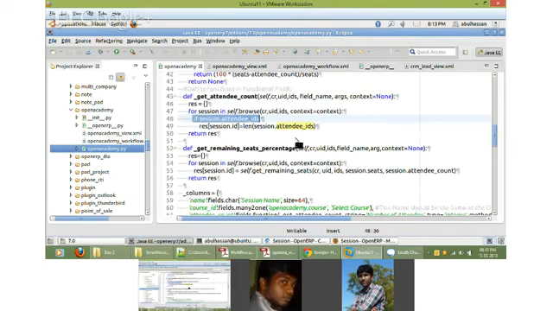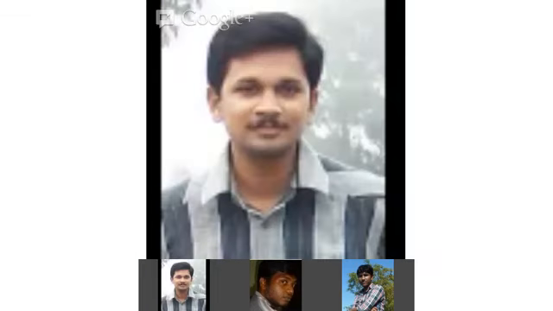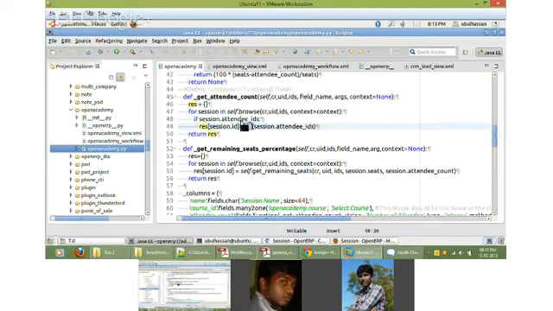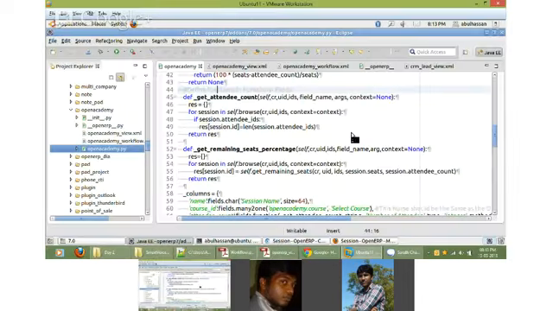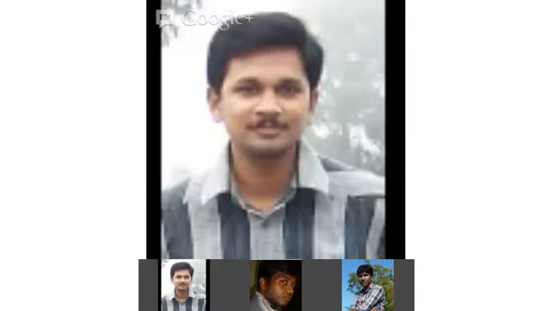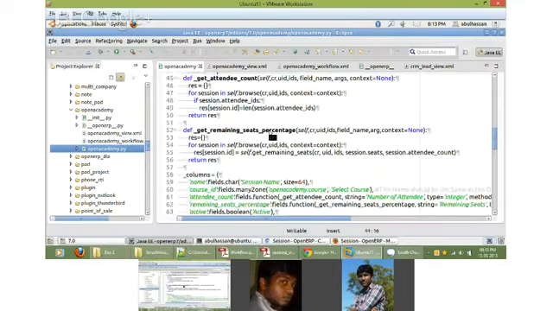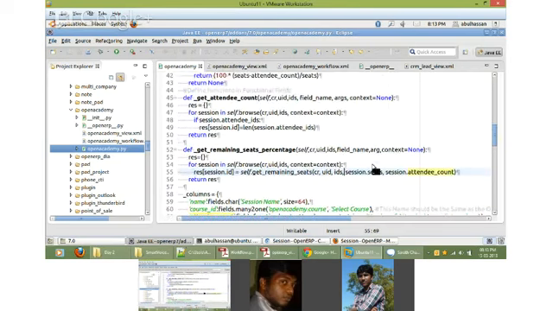There is another function to get the remaining seats percentage. For that, we should know the total number of seats and the current attendee count, right? So again we are going to use the same function, self.route, and I have used another function, get_remaining_seats. It carries two different arguments, the seats argument and the attendee argument, and I am passing both of them from here.